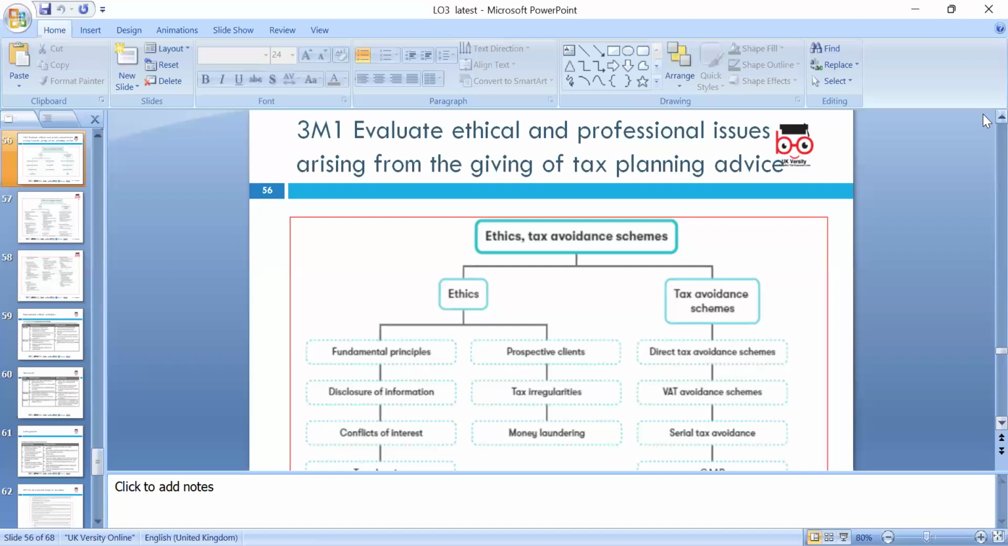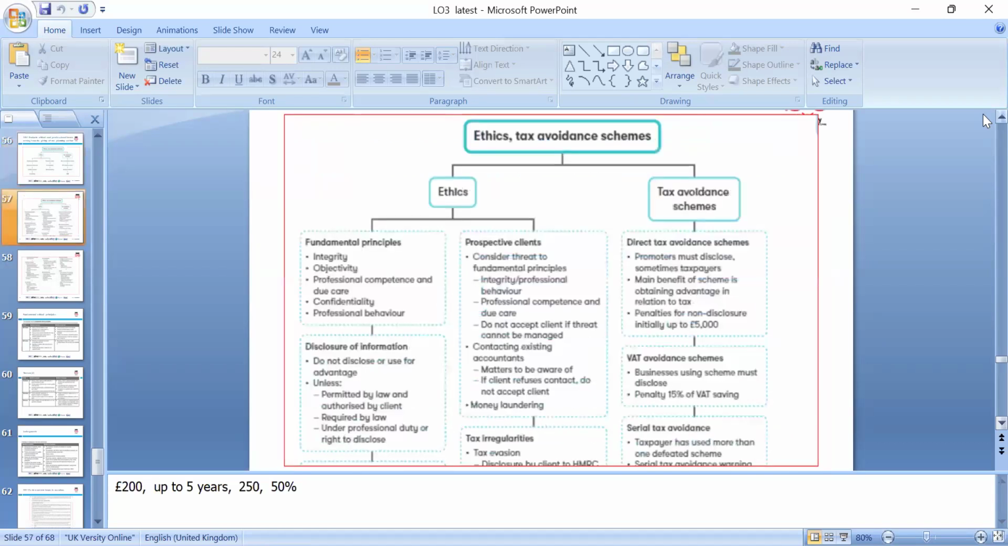Then we have to evaluate the ethics. Ethics are the moral principles we mentioned. These are the fundamental ethics: tax avoidance, direct tax avoidance schemes, VAT avoidance, or serial tax avoidance schemes. So we have to look at whether it is morally acceptable as well, not just the legal side. Of course, we have to look at those, but is it morally, ethically acceptable, and so a direct tax promoter must disclose, and sometimes